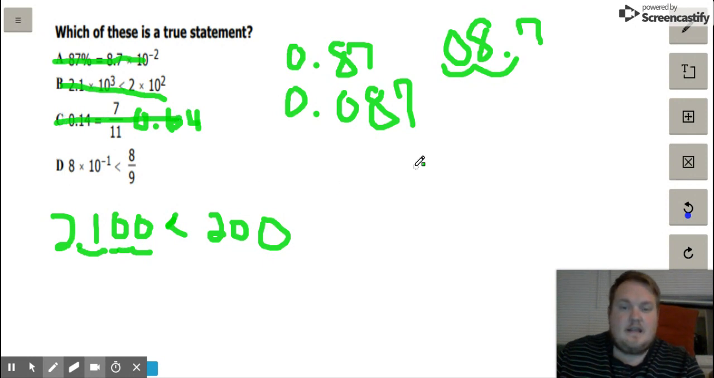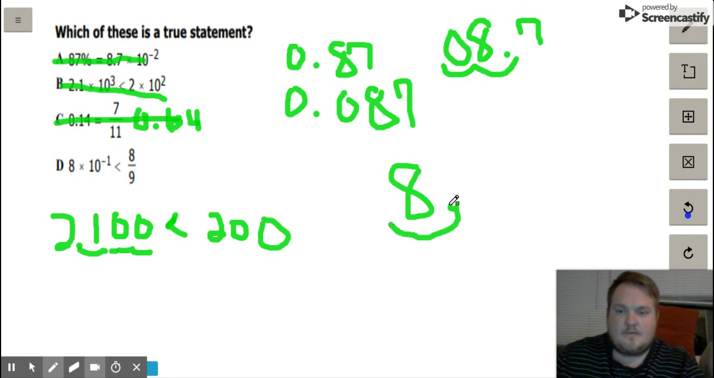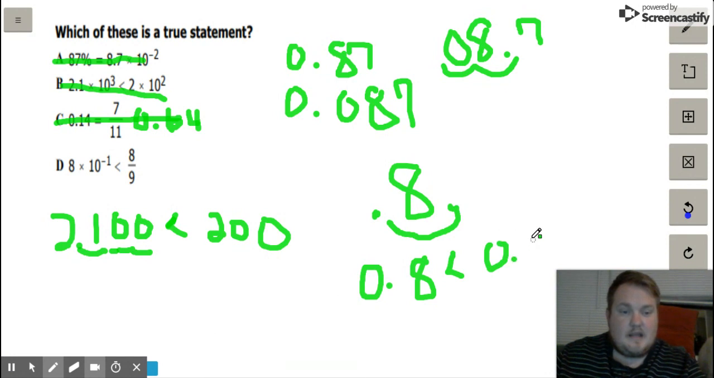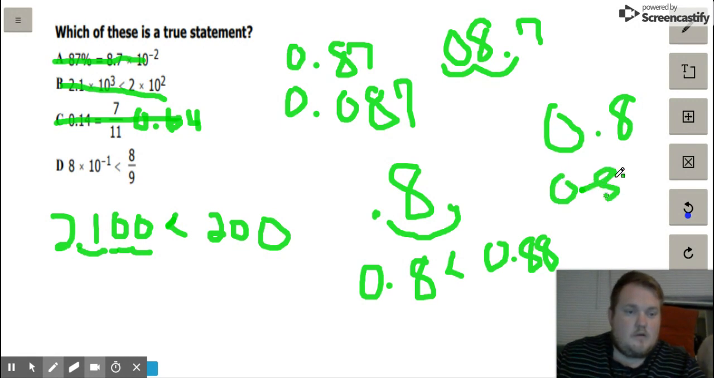And then 8 times 10 to the negative first, remember you're going to move your decimal over. You're going to get 0.8 is less than 8 divided by 9. And 8 divided by 9 is 0.88. And again, 0.88 is a bigger number, because if you lined your decimals up, the 8s would cancel out. That's an 8. And the 8 is bigger than the nothing there. So your correct